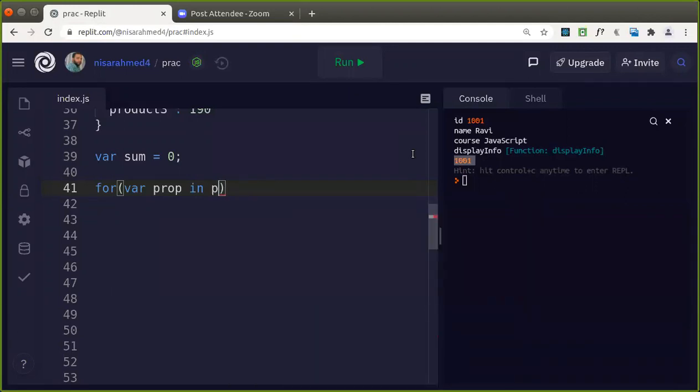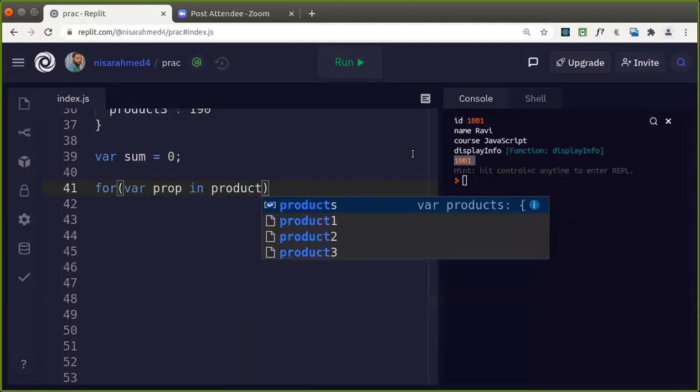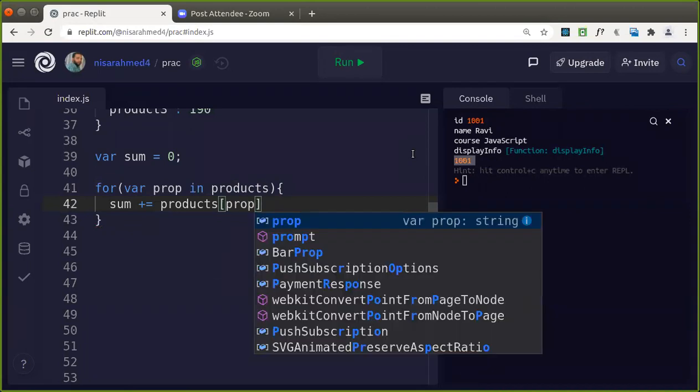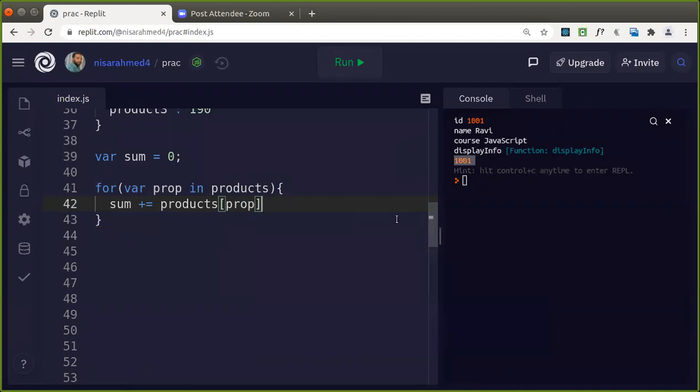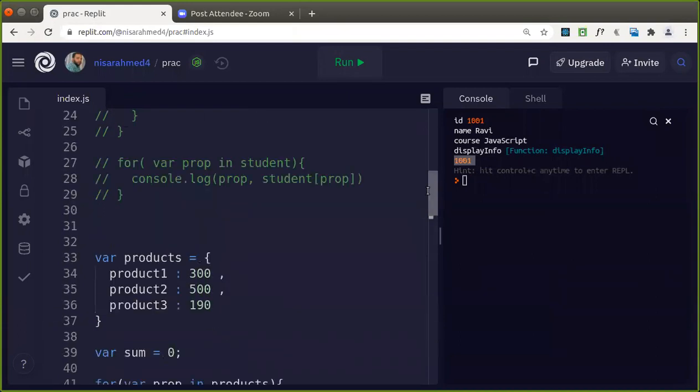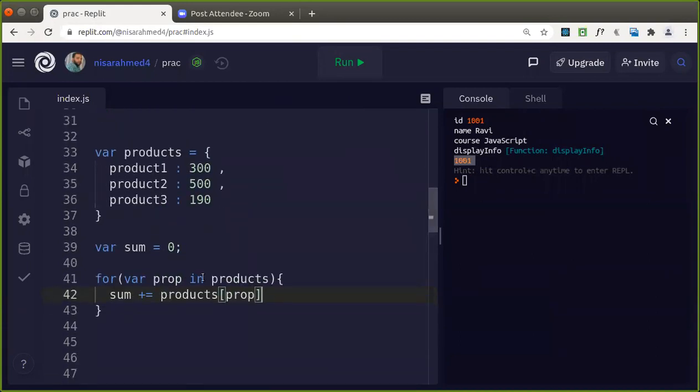Products, I think. Then you can get the sum: sum plus equals to products of prop. It will give you all the products' cost, isn't it? Simply you can then display the sum.